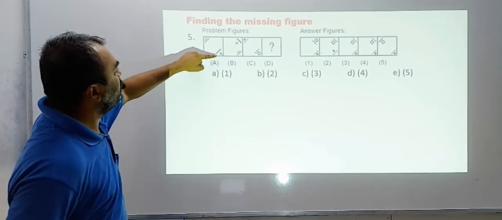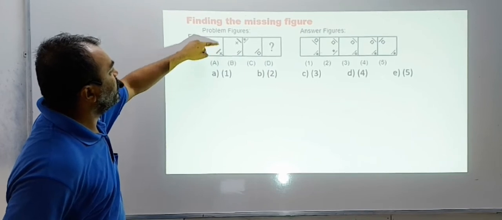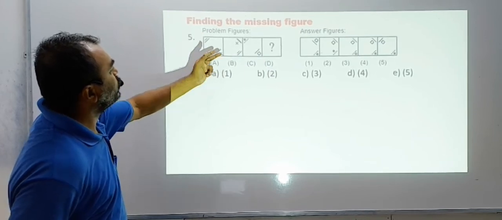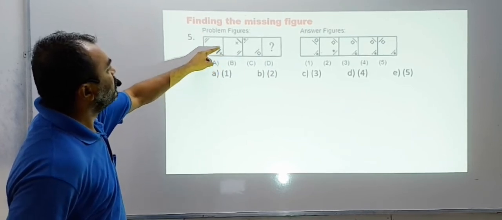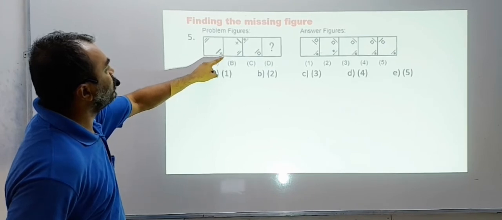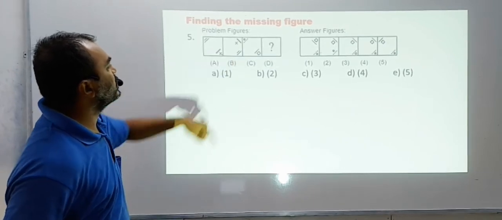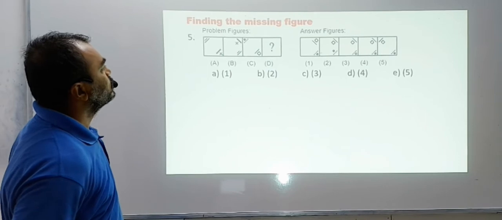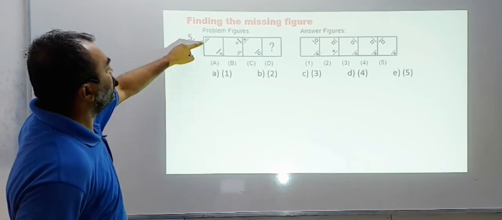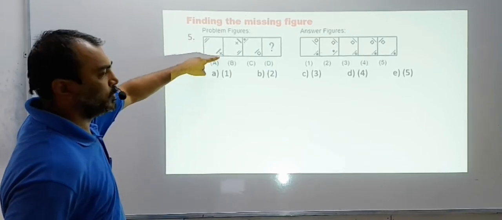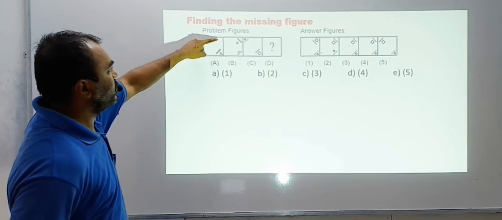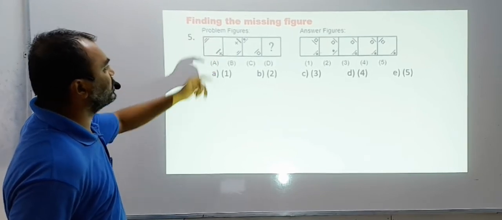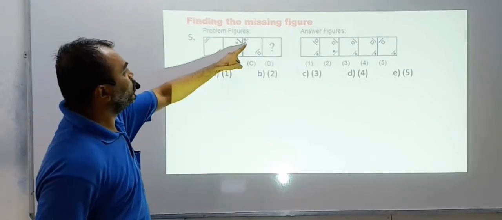While this figure has gone up, yes, vertical, but there is also an exchange in the figures. Can you see the line inside and the plus was at the corner? Now the line has gone to the corner, the plus has come out. So this figure jumps diagonally with no change. This figure jumps to the top with the interchange. Apply the same logic here.